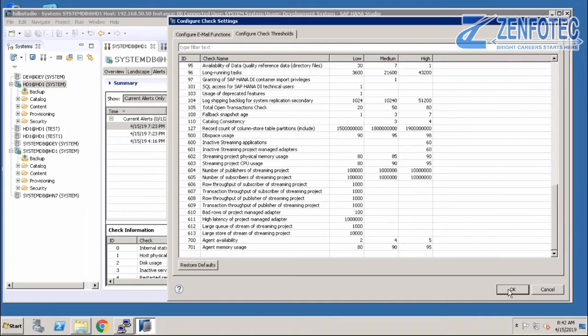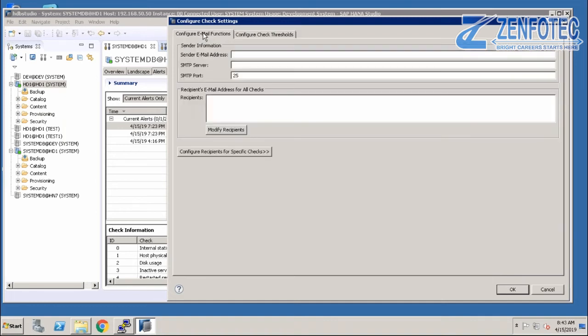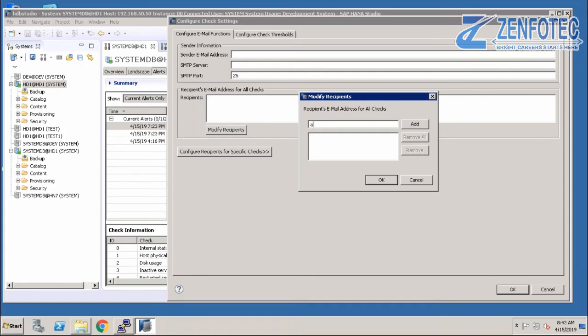Also, you can get these alerts in your inbox. Here you can configure the sender email ID, SMTP server, SMTP port number, and then the recipient. The people who want to receive the alerts in their inbox, you can configure here. You just put your email ID. For example, I will put here abdul@gmail.com, and then add.